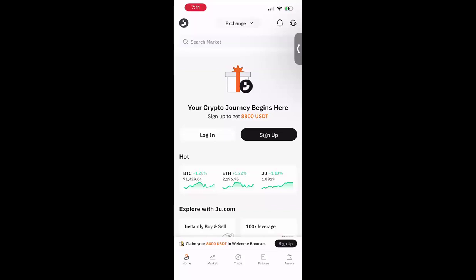Now this first page brings you to the centralized exchange. If you're looking to have an exchange where you can purchase all kinds of crypto, trade futures, and all these different things, just like Binance, just like Coinbase, just like KuCoin, just like Kraken, they have their own exchange. But in this particular case, we're all here for JBank, so we will not be using the exchange unless we